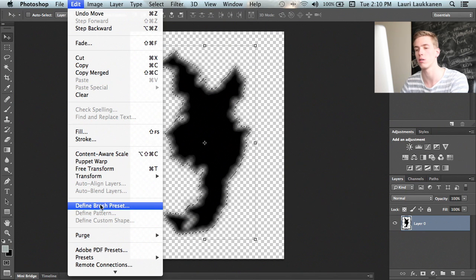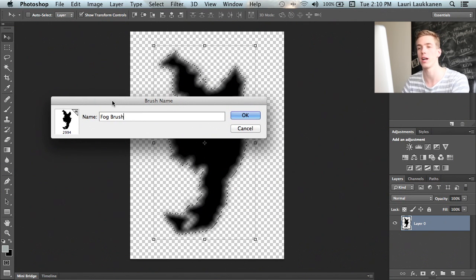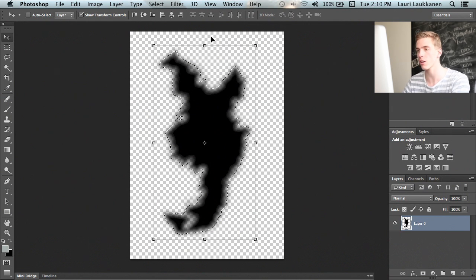So this is going to create this brush. As you can see here, we have the brush that we just created. We're going to call it Fog Brush, and I'm going to be providing you guys with this brush so you can just download it, but if you want to create it yourself, this is how you would go about doing it. So Fog Brush, and we click OK. Now we created the brush itself, but there are some settings that we need to tweak